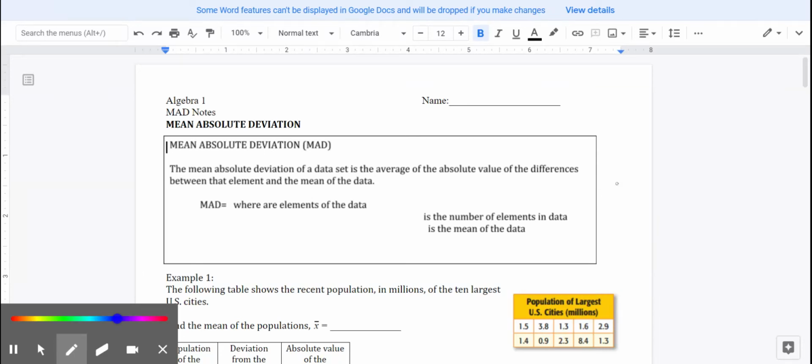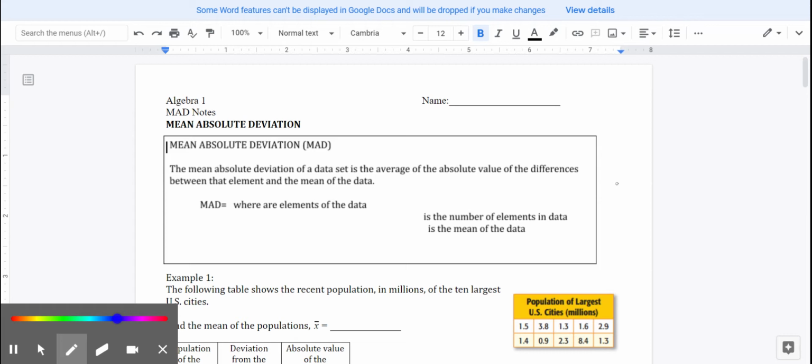So far, we've been talking about the shape of data, which we classified as either symmetric, skewed to the left, skewed to the right. We've talked about measures of center, which are our mean, our median, and our mode. We've talked about a couple measures of spread, being the interquartile range, or Q3 minus Q1, the range, the max minus the min, and today we're going to add in another measure of spread, and that's going to be the